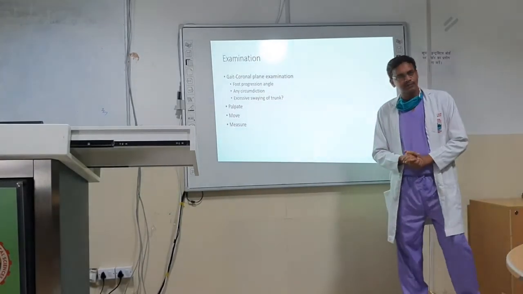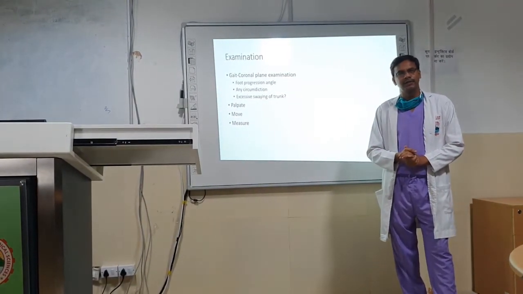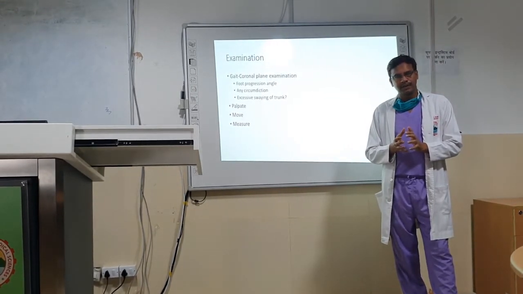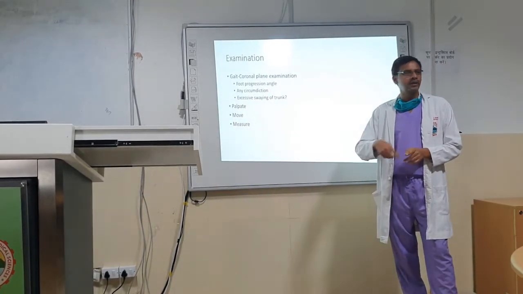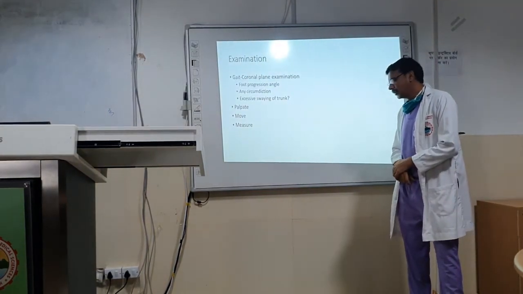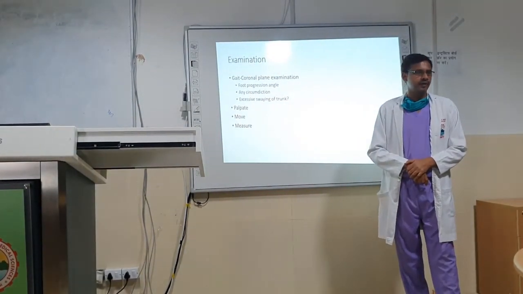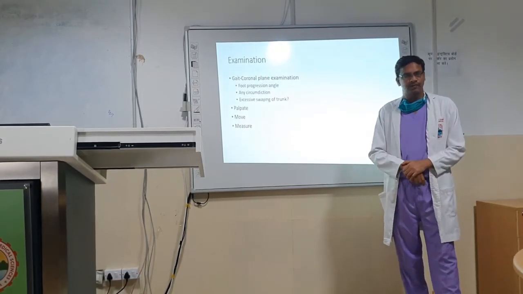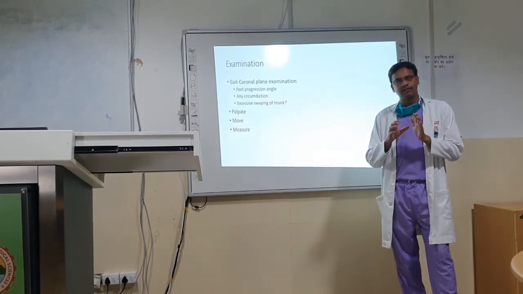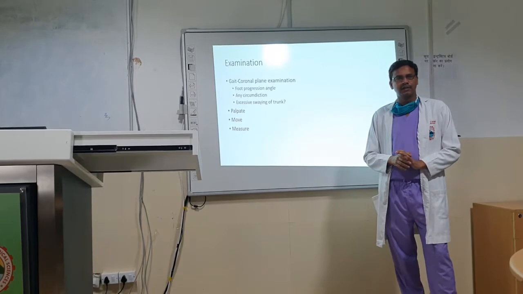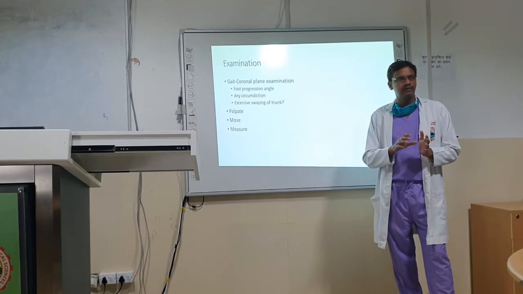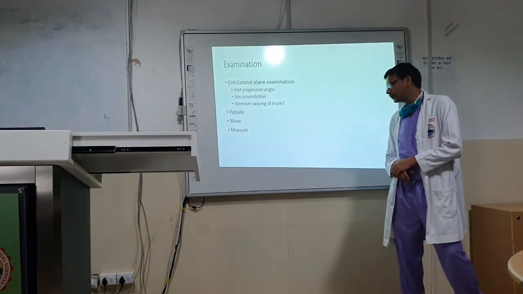Then, is there any circumduction? Many a time the knee is stiff, so to clear the ground, the patient tries to circumduct through the hip joint. So you have to observe whether there is any circumduction or not. Then you have to observe whether there is excessive swaying of the trunk, because it is a very characteristic feature of Trendelenburg gait that when the patient is fully weight bearing on the affected side, then because of abductor weakness he will lurch to the same side to negate the effect of gravity. So you have to observe this also.